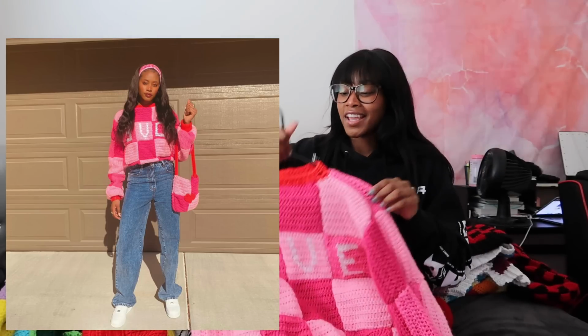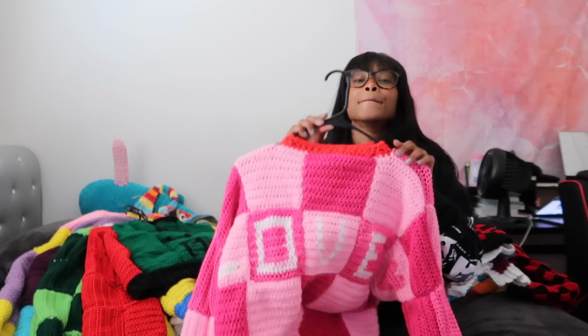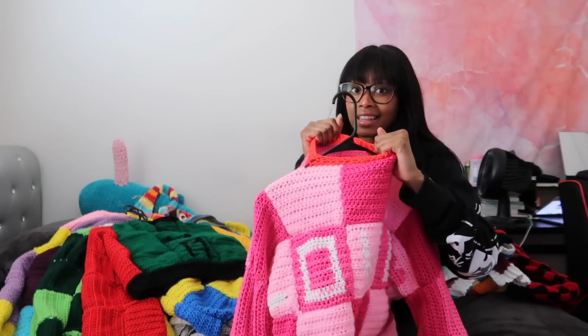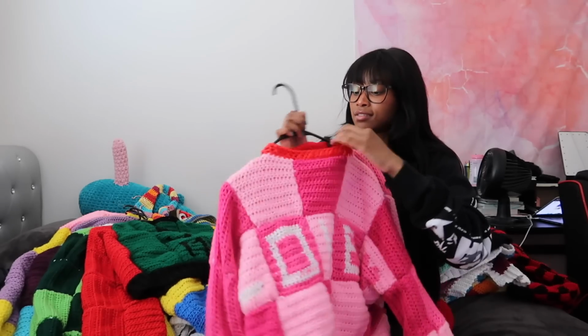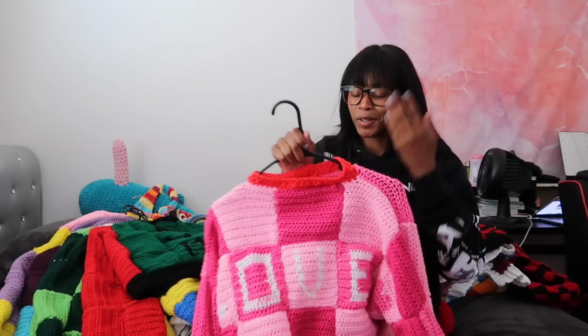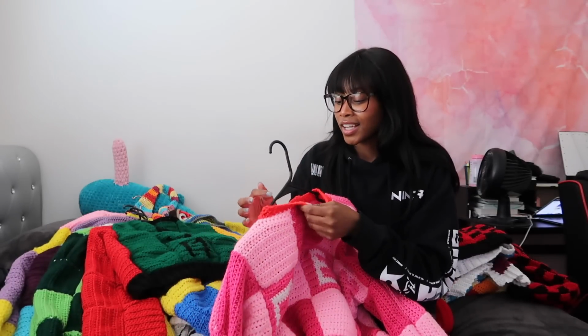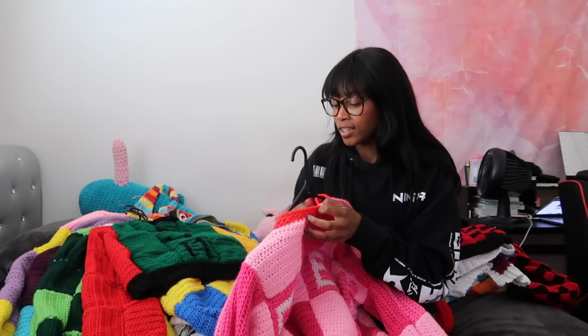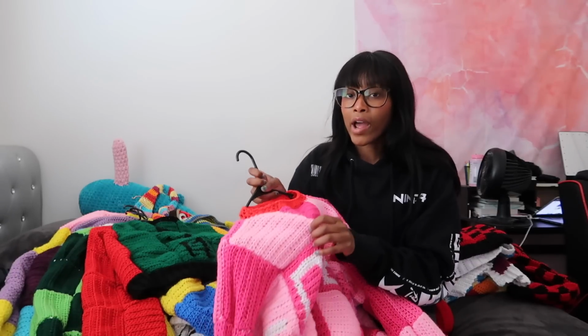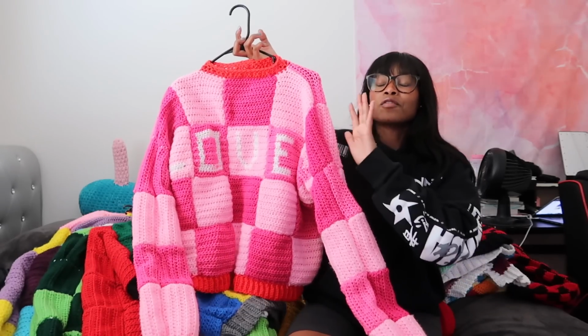So I just used my limited crochet knowledge and made something. But the funny thing is, my head can barely fit in this hole. I don't even know what it's called. My brain is not working right now, but my head can barely fit. I crocheted around the collar way too tight, but all in all, I fell in love with